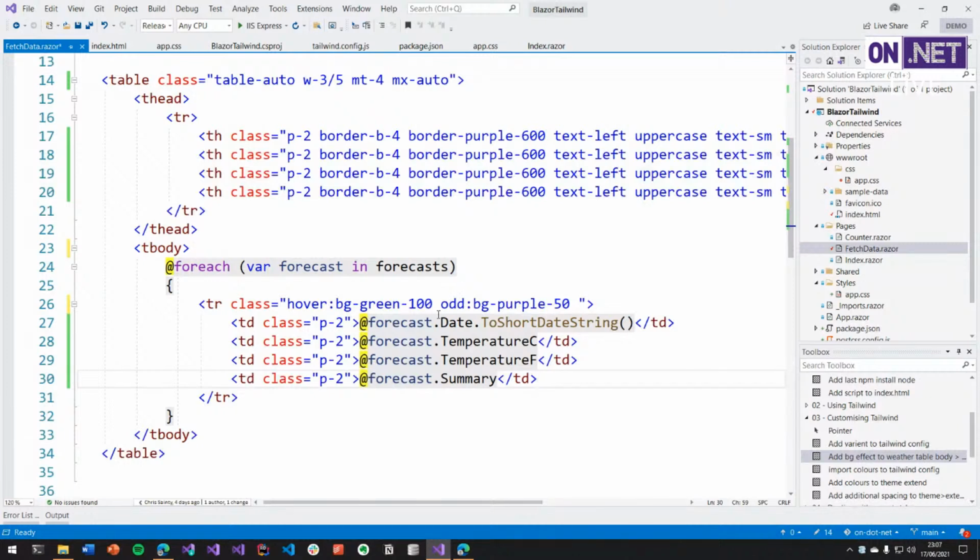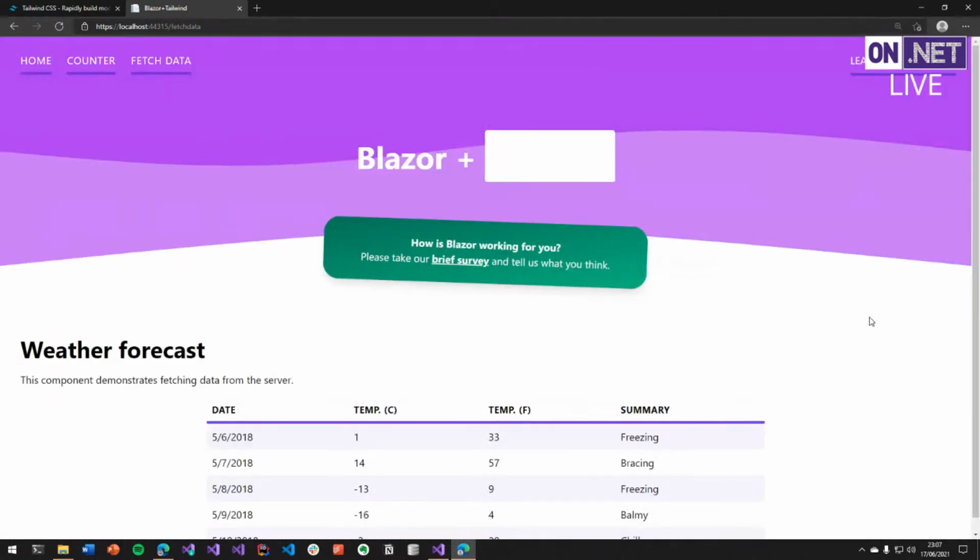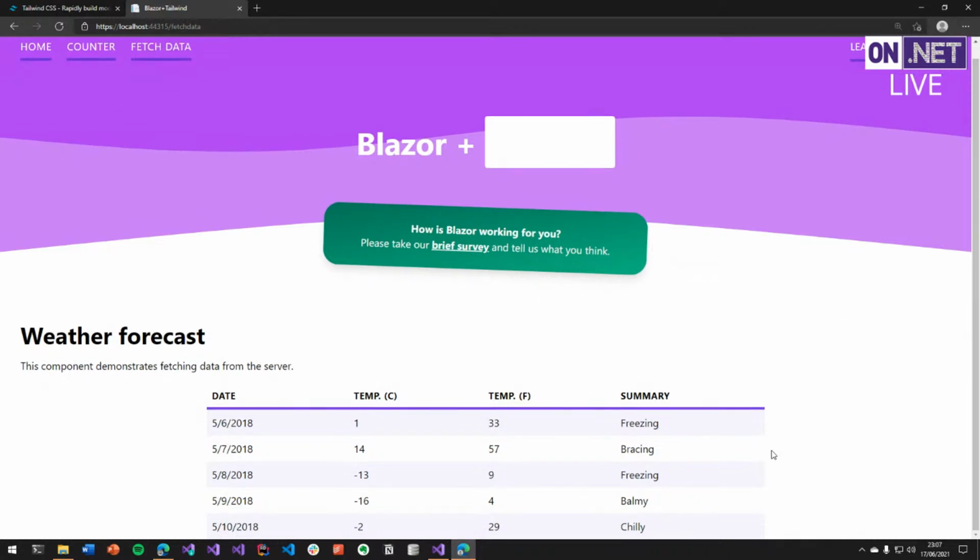And I'm going to pop in this class. So what I'm saying here is on every odd row, apply BG purple 50. Okay, so that's what that's doing. So if I save that and we go back over, hopefully when this refreshes in a second, we'll get some nice purple rows on every odd colored element. There we go. So you can see now we've got this light purple on every single odd